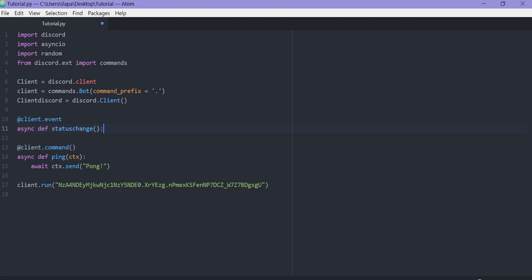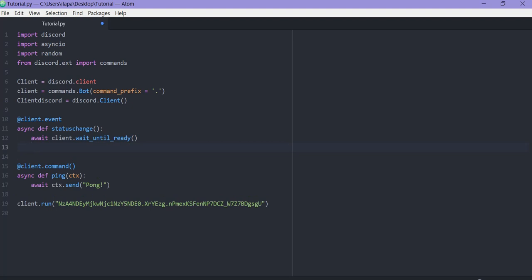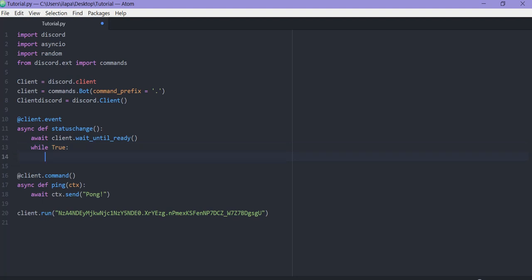parentheses and colon, and then you do await client.wait_until_ready(), while True with a capital T, await client.change_presence